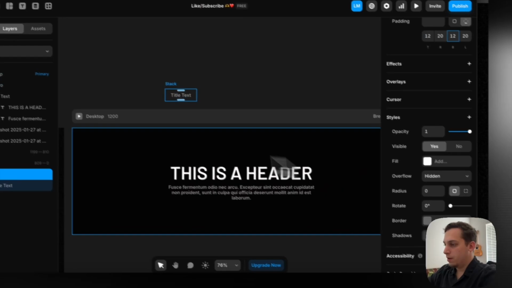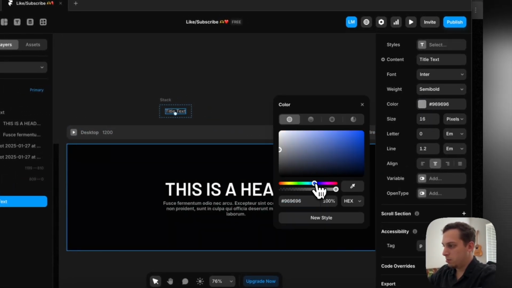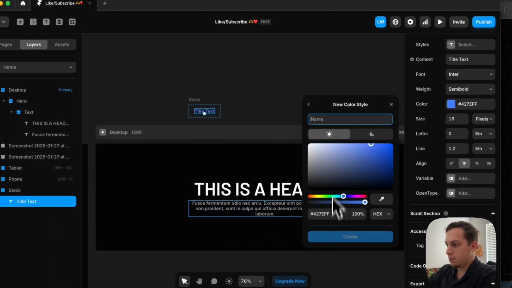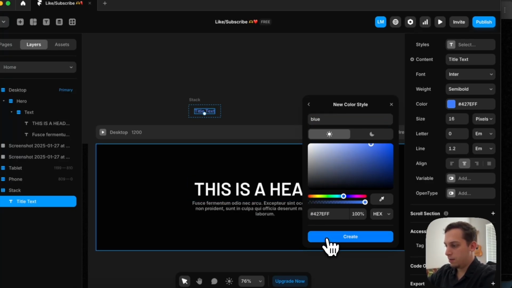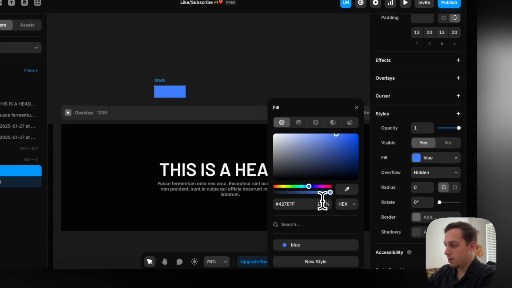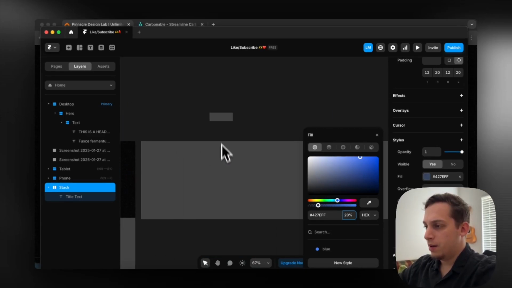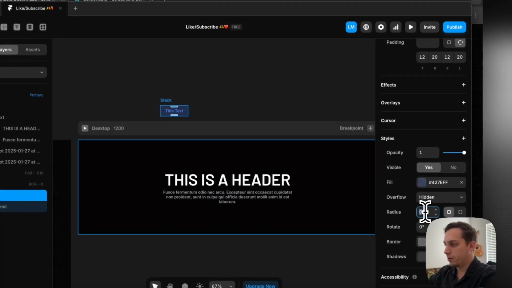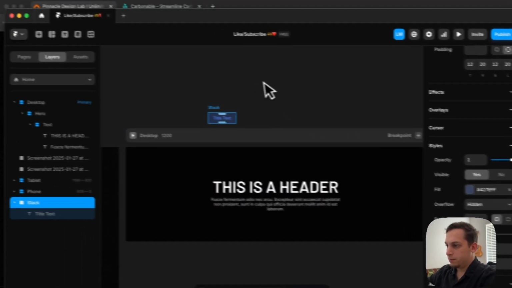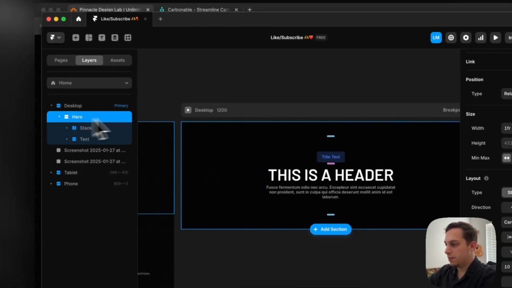And let's create a new style. I want to create like this blue. Maybe it can be like some sky blue, something like this. New style blue. Create, and then we can just add this fill like the blue but make it much lighter, like 20, and they have some type of thing here. We don't need to add that. Let's just add some nice border like so and put this on the top. So we got this nice hero section,